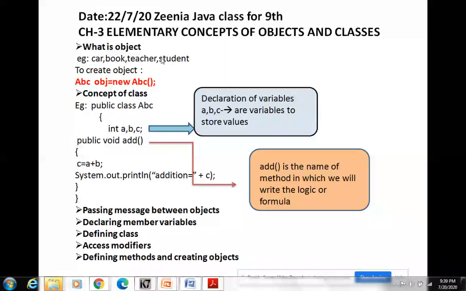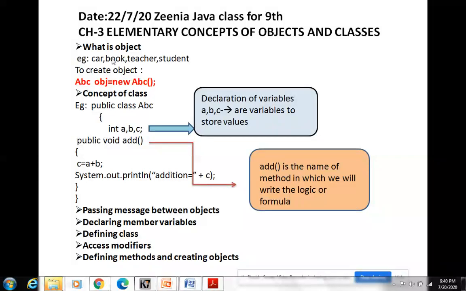Like suppose, we'll take the example of a student. So a student is an object which has characteristics like date of birth, his name, his roll number, his class, section, admission number, his parents' name, his address. So many characteristics. That means data. Data of the object is considered as characteristics, and behavior of the object is considered to be methods in computers. So behavior, if a student is in school, his behavior is either curricular or co-curricular behavior like sportsmanship, different activities. So these things are considered as behavior.